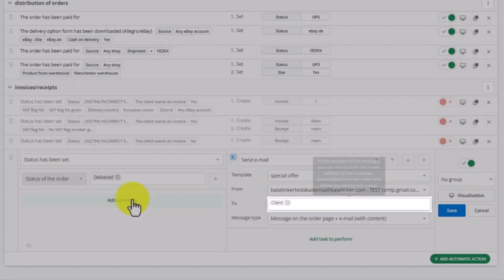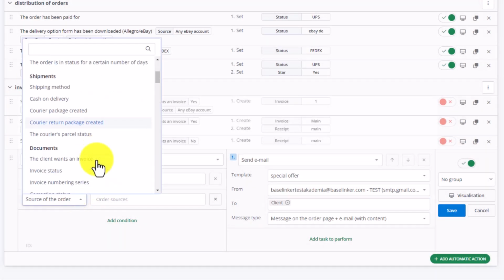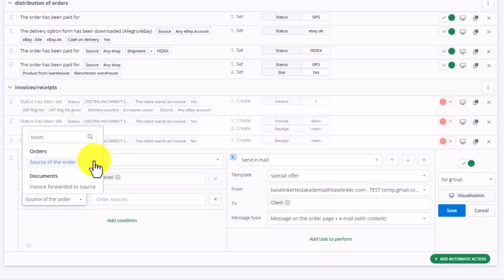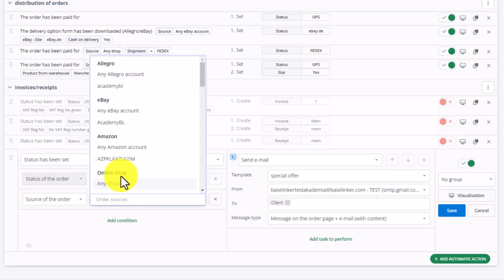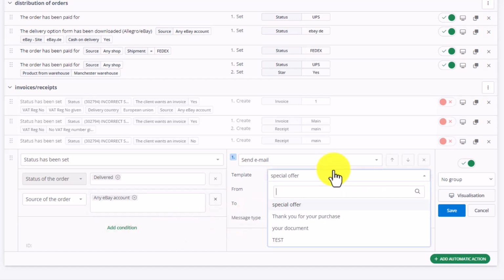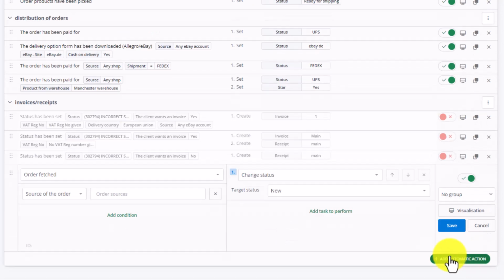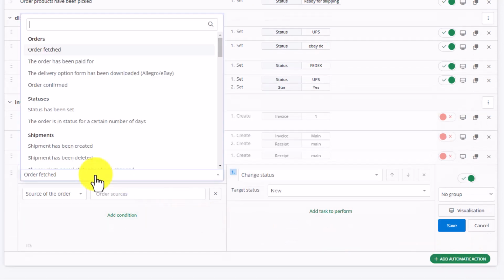Here we can add additional conditions, for example, the source of an order, any eBay account, so that this email only goes to the eBay clients. If we have a different source and we add a condition for a shop, then we can choose a different email template. At the end, we'll add an action, which will, after 2 days, send a message to our warehouse,